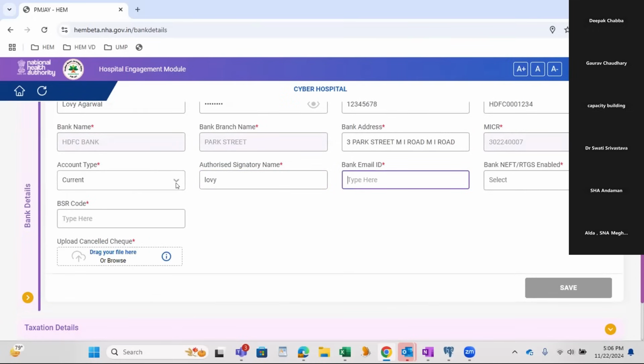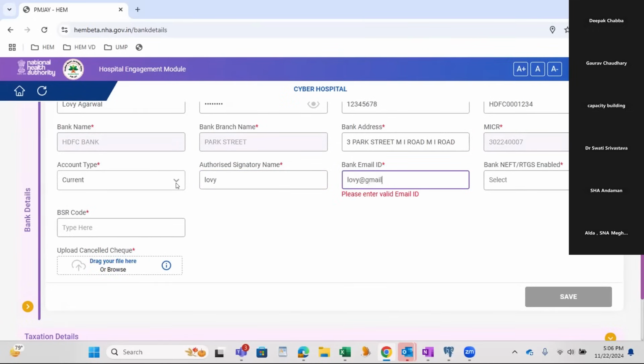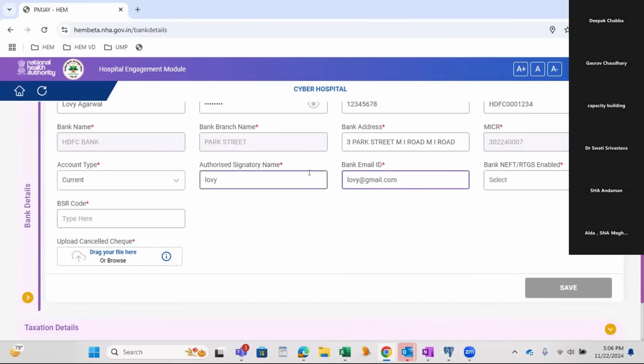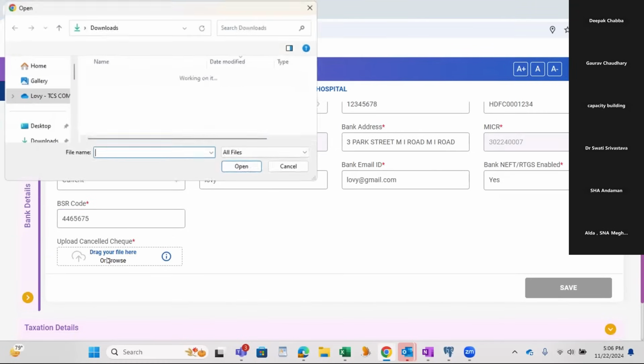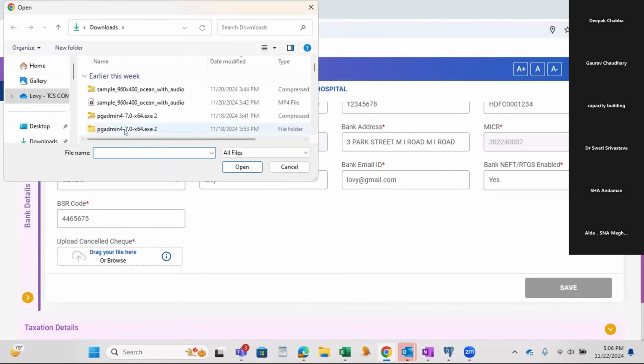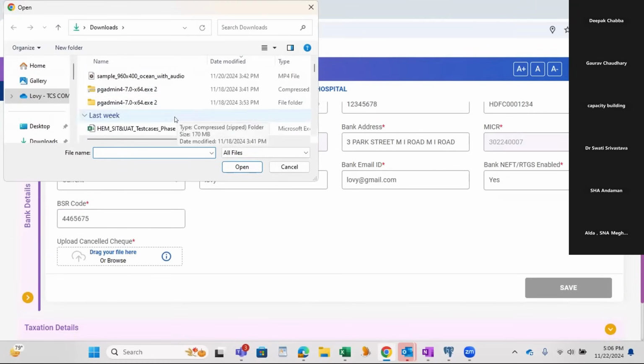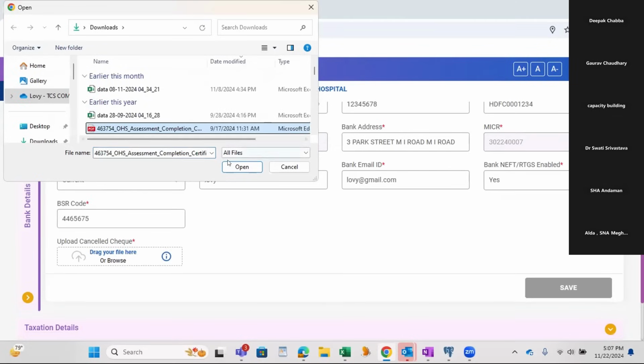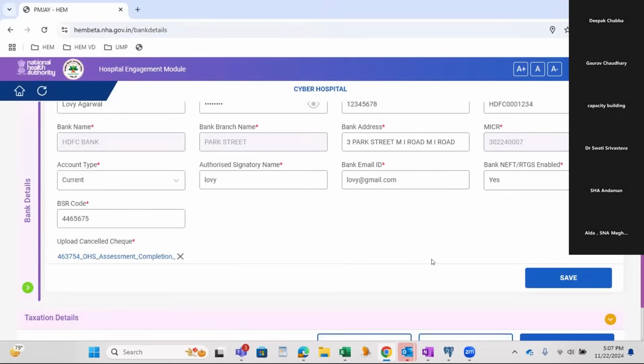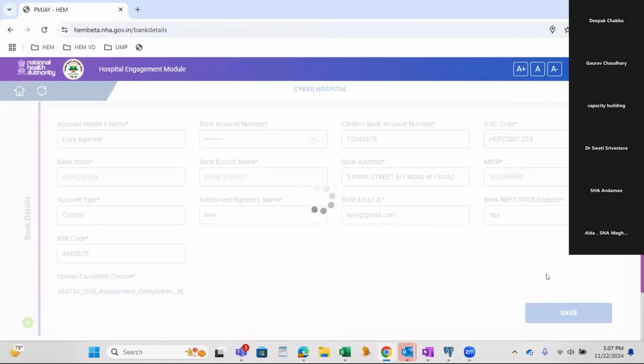Email ID, bank email ID, BSR code. So fill in all the bank details.